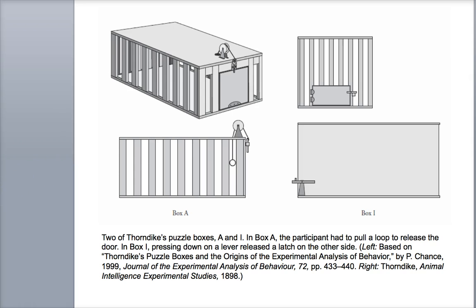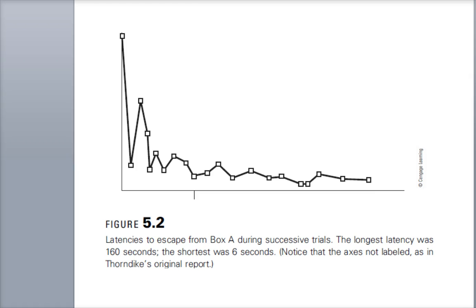So here's a picture of Thorndike's puzzle boxes. In this case there's a loop that hangs down that unhinges the door, and the door will flop open. And in this case there's a lever that the cat can step on that would allow the cat to open the box. And what he found, this is some of his original data, was that the latency, the time it took across trials for the cats to escape, became shorter. It took a long time on the first one where they did a lot of trial and error learning, and then it gradually began to drop off until it came down to almost no time at all for them to escape.